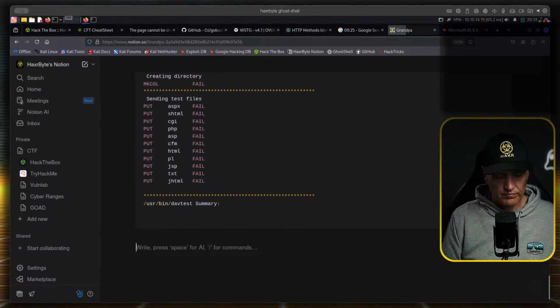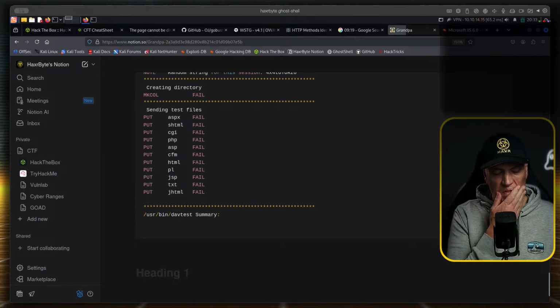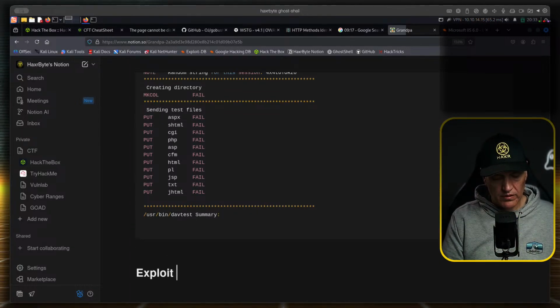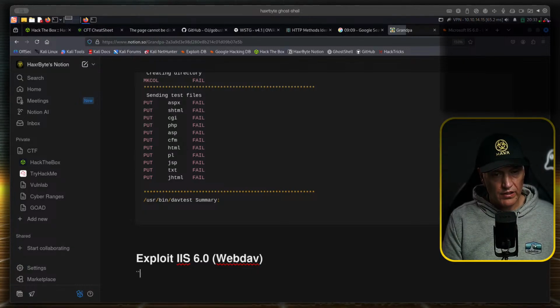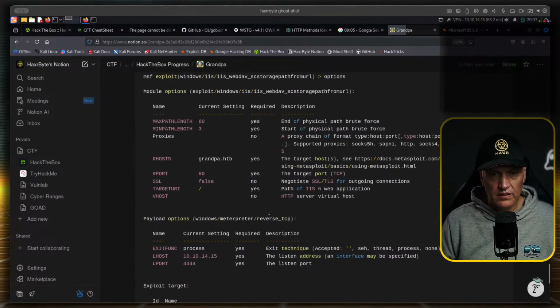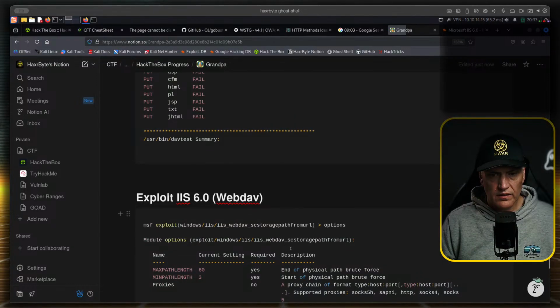Okay, so exploit IIS 6.0 WebDAV. Well, that was a Hail Mary, and it worked. It's interesting.